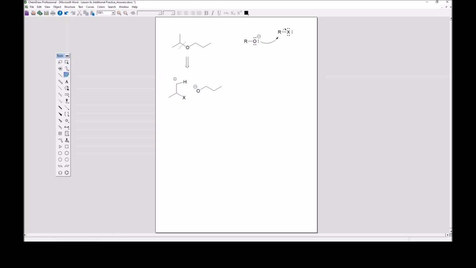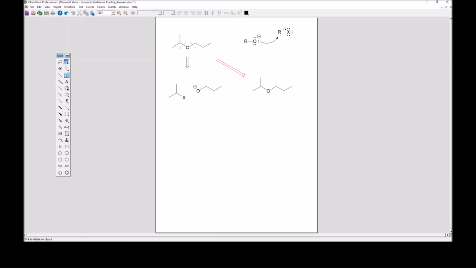So if this is not a good scheme, then let's come up with another scheme. And for this scheme, I'm going to think about undoing this bond right here. And so we'll color code this to represent the other retrosynthetic scheme. So this scheme right here is kind of a failure. If you try to put these 2 together, you're unlikely to produce a good yield of this compound because you're more likely to produce an alkene. Instead, if I try to break it apart around that bond, so I'm going to copy and paste this whole structure